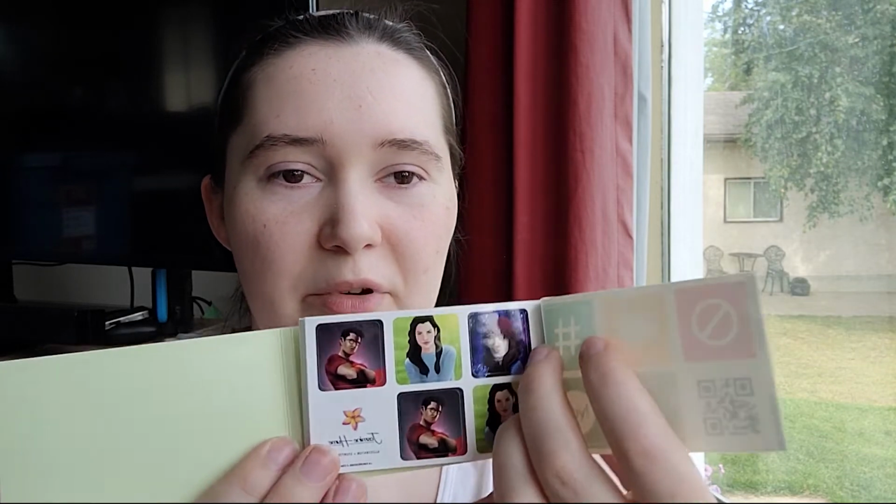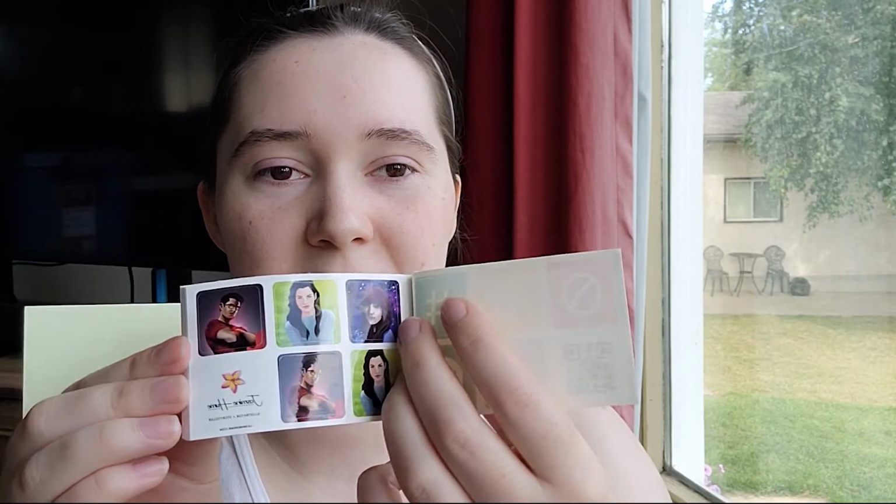I also, because I've done this before as well, and they're really cheap, you can have your own stickers made, like a little sticker book. I think this is the pack of 90. So the first page comes with just these little hashtags and everything in that automatically, but the rest are all your pages. And so I had the things that I had put on my cards put onto stickers,